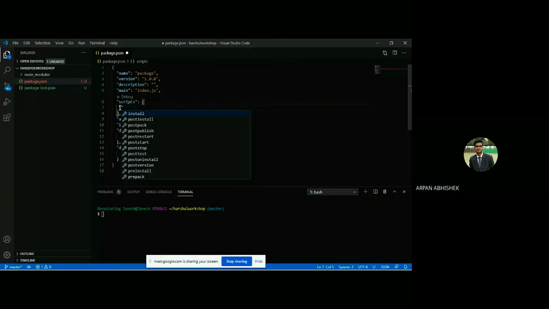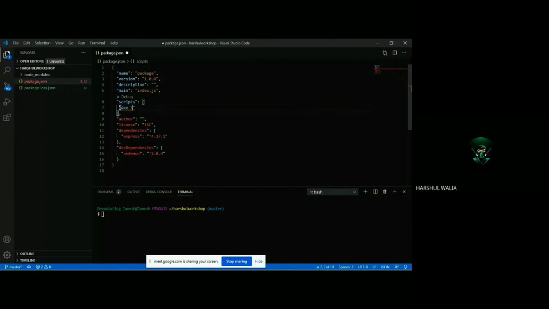dev, and no, don't give space. Come out of the quotes, give a colon, space, and again in quotes you can write nodemon space index.js.